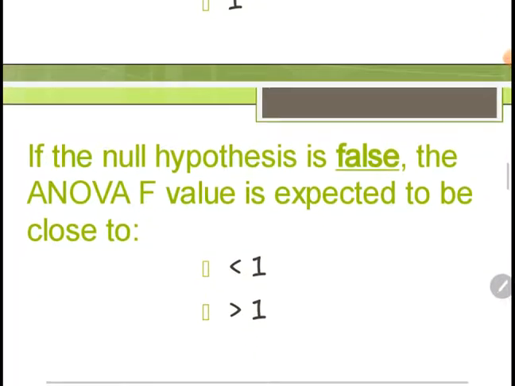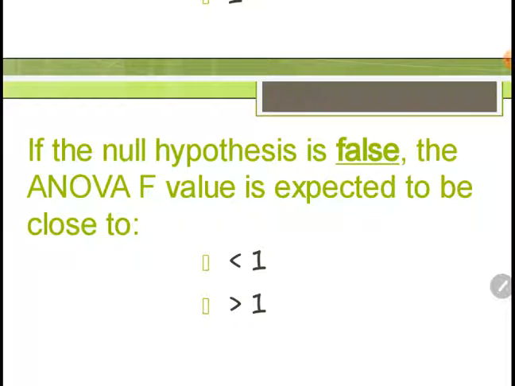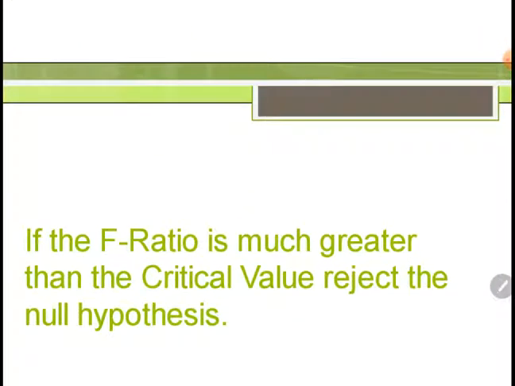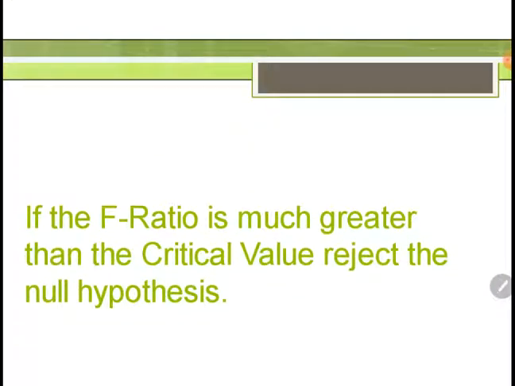Then the next one, if the null hypothesis is false, kapag ibig sabihin may difference na siya, kasi ang null hypothesis ay walang difference talaga yung variation natin. The ANOVA F value is expected to be greater than 1 and not less than 1. Okay? But if the F ratio is much greater than the critical value, sabi natin dun sa rules natin,